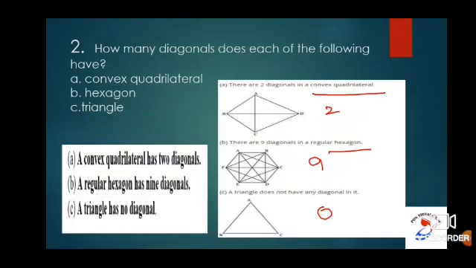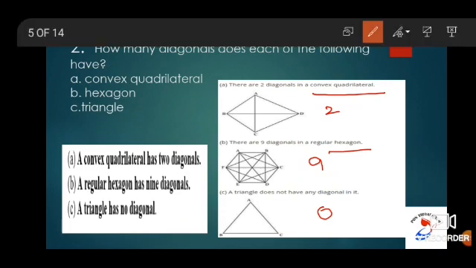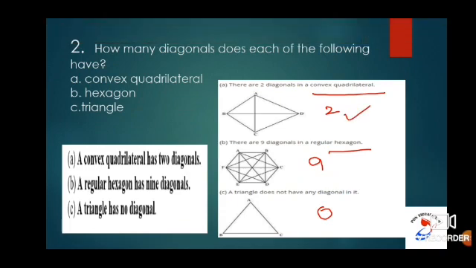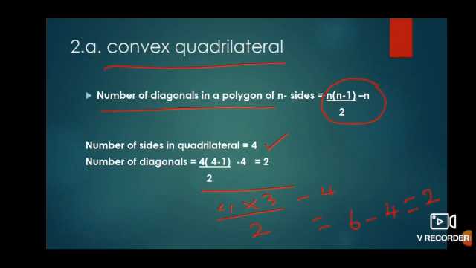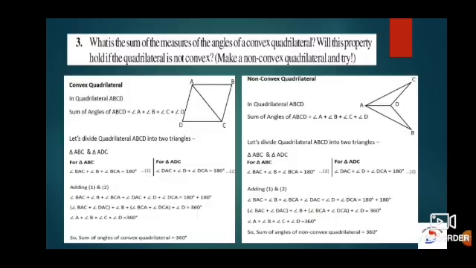Now we will go back to the previous slide. See how many diagonals we have written for convex quadrilateral? The same number, 2. I have done this for subdivision 1 alone. You have to do it for hexagon and triangle. So be very clear, the number of diagonals in a polygon of n sides can be given by using the formula n into n minus 1 by 2 minus n.